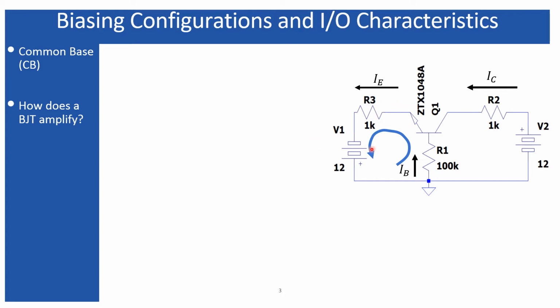The input characteristics means the plot of emitter to base voltage with respect to the emitter current, i.e. IE. Now we have that kind of plot. But since in this circuit the R3 resistance and the R1 resistance are associated with the emitter terminal and the base terminal, a load line must appear on the input characteristics. The analysis of the load line is almost similar to the one I discussed for the PN junction diode case.